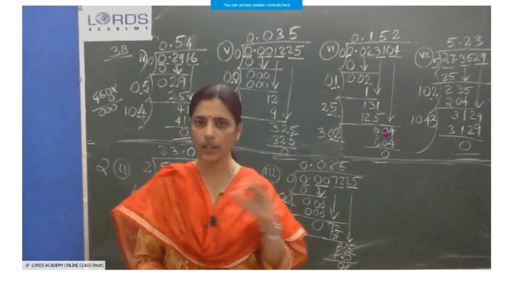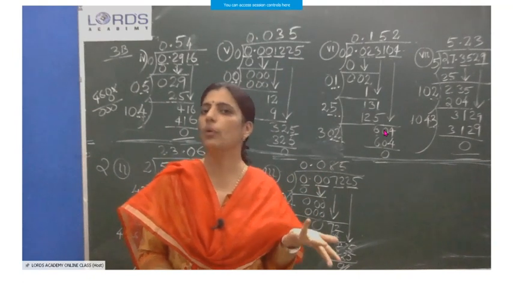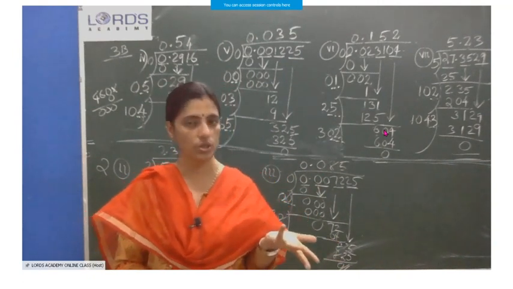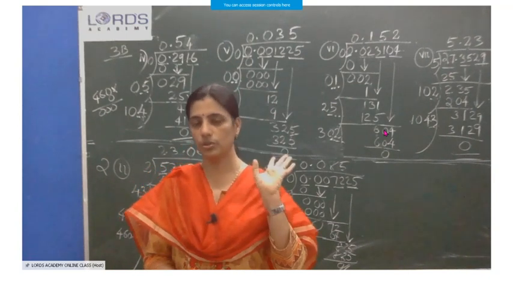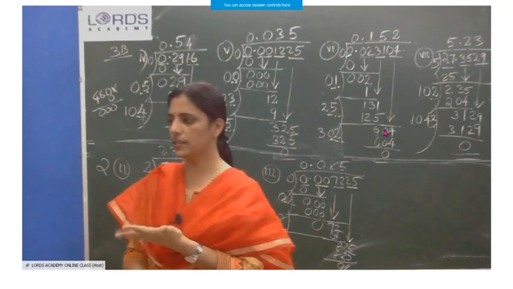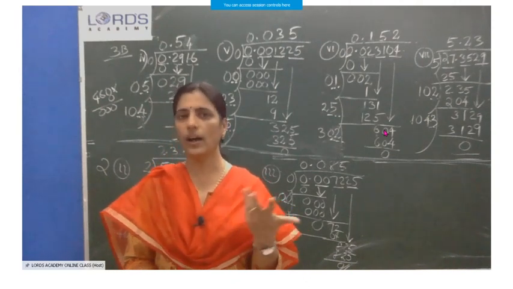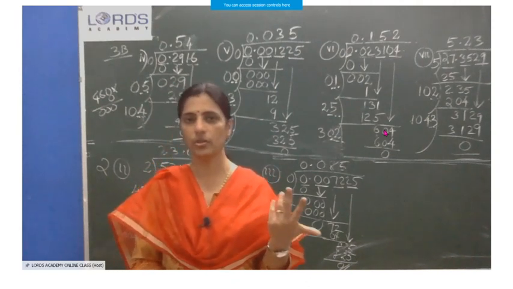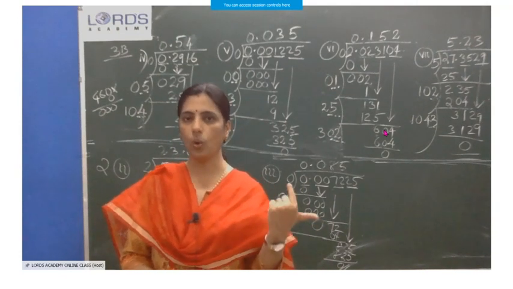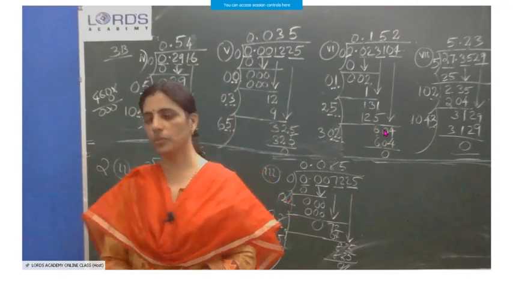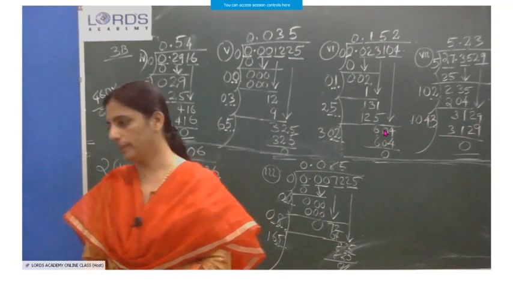Nothing is even. All the numbers of zeros are odd. So how can they be square numbers? It's not possible. We studied the property: if it is a square number, the number of zeros should be even. Here all are odd numbers of zeros: 1, 3, 5. So that's not possible. It cannot be a perfect square.